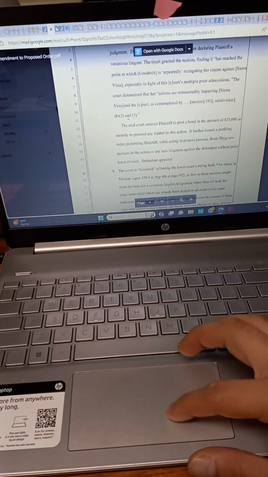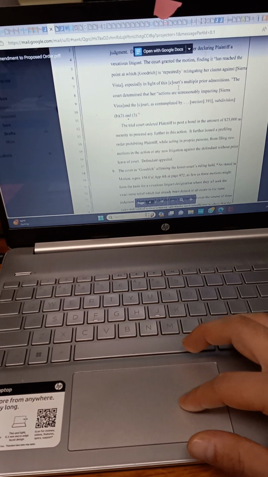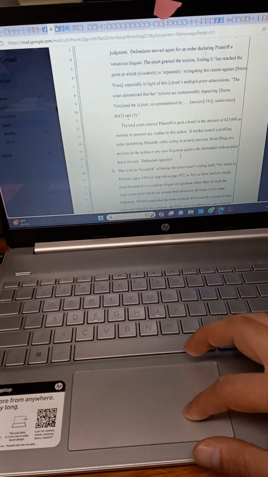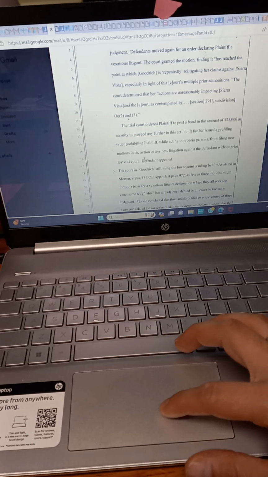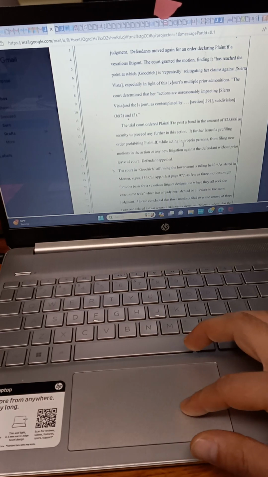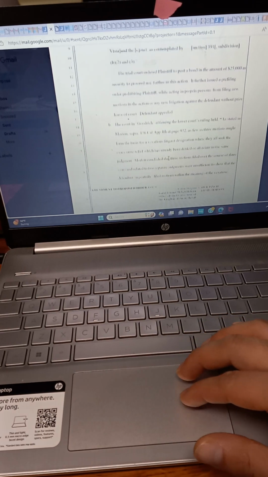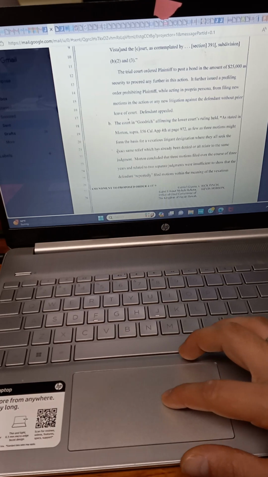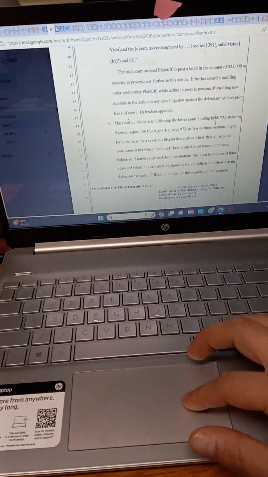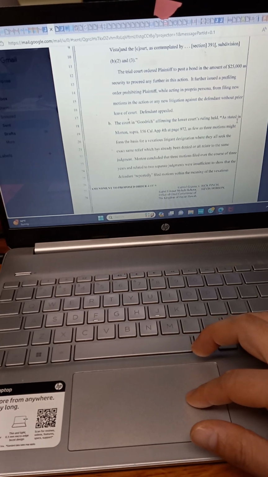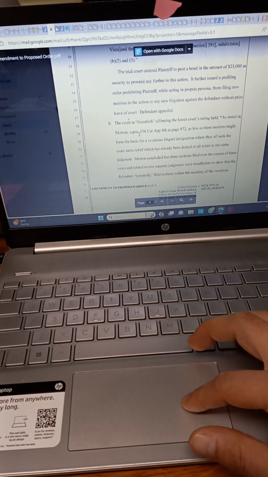So even when you get to the point of Goodrich, the court still limited its punishment to the litigation and not all the state of California. The court in Goodrich affirmed the lower court's ruling, held, as stated in Morton, supra,